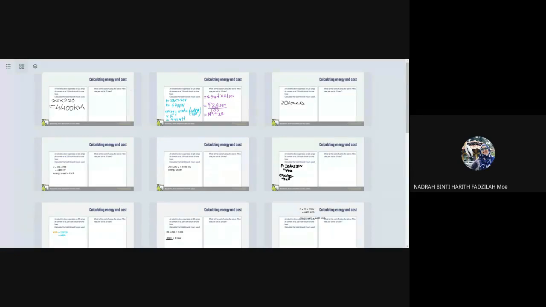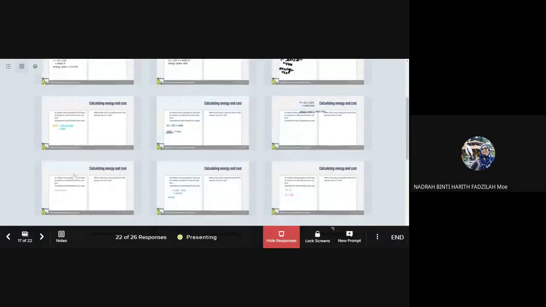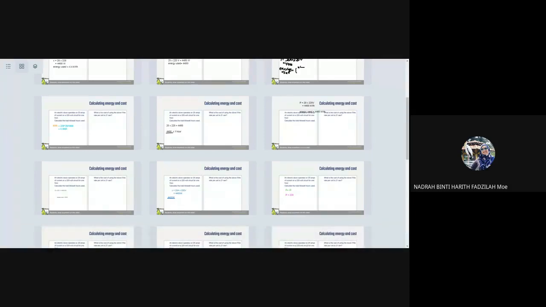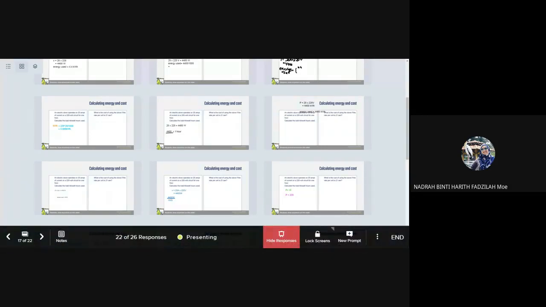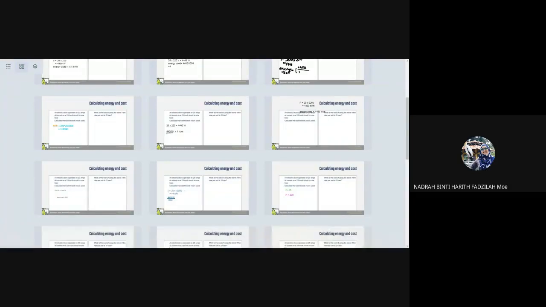Okay, kalau 4,400 tu masih lagi watt, W-A-T-T. Untuk letak K kat depan tu, we have to divide by 1,000. Barulah dapat 4.4 ya, 4.4. Kenapa kita kena convert kepada kilowatt? Sebab